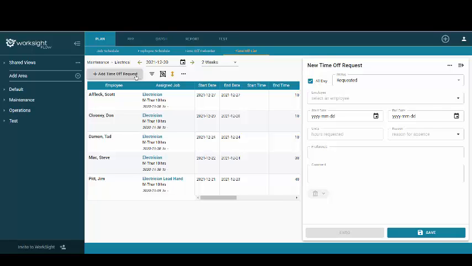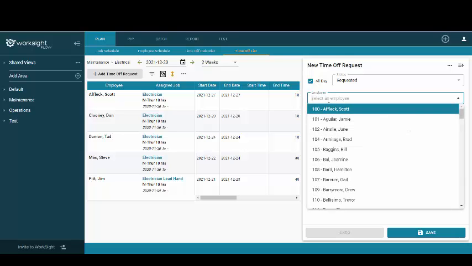Either method will open the New Time Off Request panel on the right pane. Now we can enter the time off request details. I've had Joan Jeminson approach me and ask for either the 3 days before Christmas off or the 3 days after if the 3 days before are not available. To submit that request, I'm going to search for her name